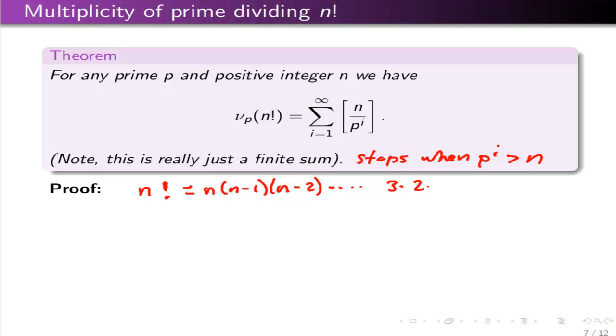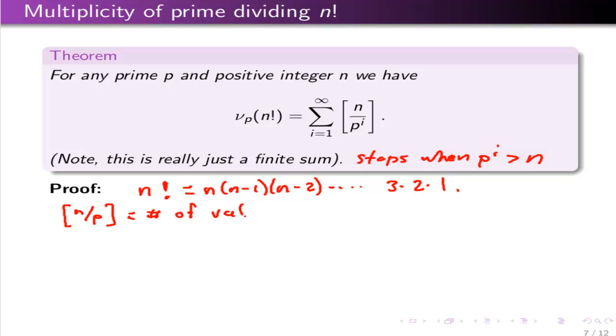P times 2 times 1. And so if I want to count the multiplicity of p dividing n factorial, I want to add up the multiplicities of p in each one of these numbers from 1 to n. Well, some of those numbers are divisible by p. And how many? So floor of n over p numbers, this is by the first theorem, is the number